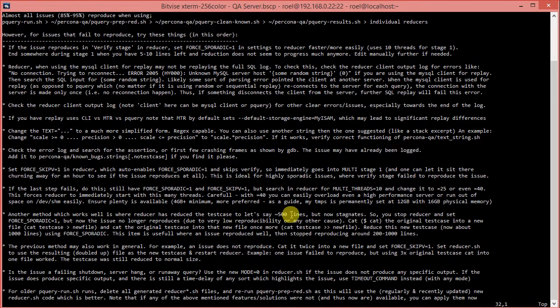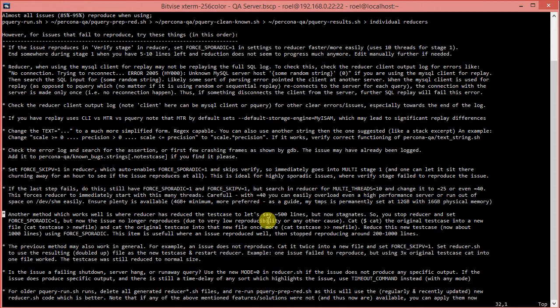It doesn't happen too much, but it has happened for a while. Then just stop reducer, set FORCE_SPORADIC to 1, so in other words we're going to force the sporadic mode, but then what you might see is that the issue no longer reproduces, so that comes due to the low